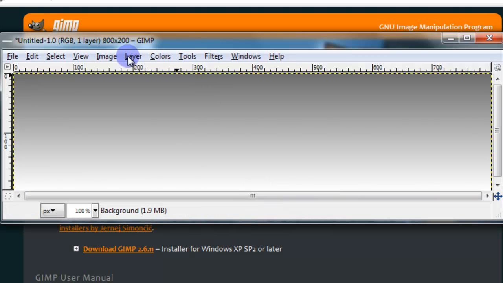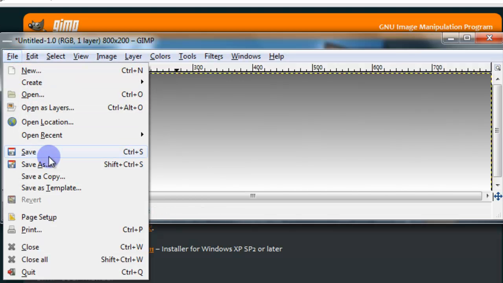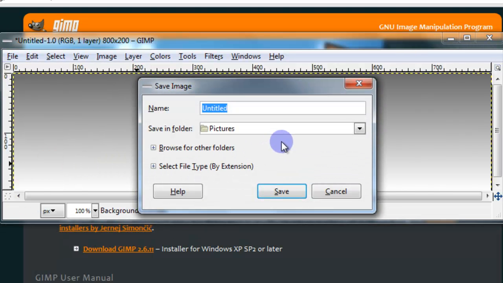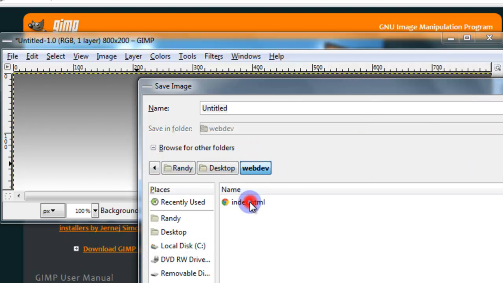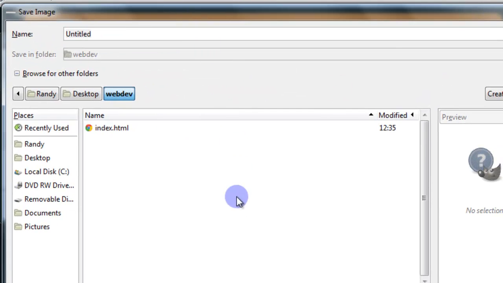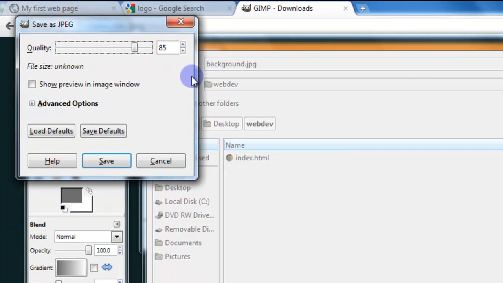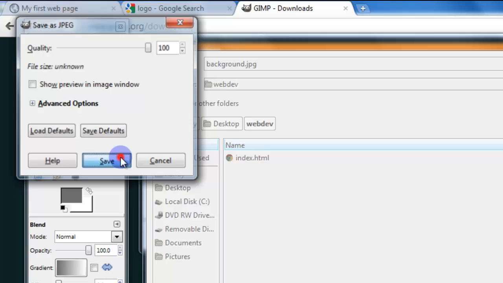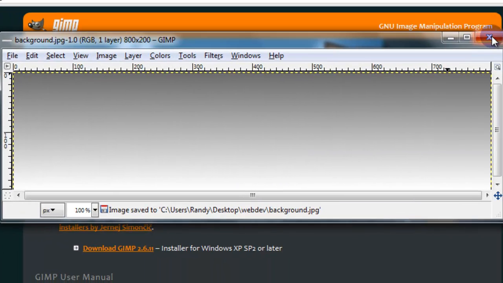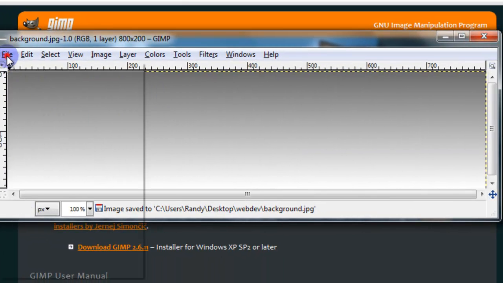Make this straight. And now let's save that, and we're going to save it on our desktop in that folder we created so that we can easily access it. We're going to name this background.jpg. We're just going to move the slider up to 100%. We're not worried about size at the moment, and that'll give us the best quality. So now we can close this one,